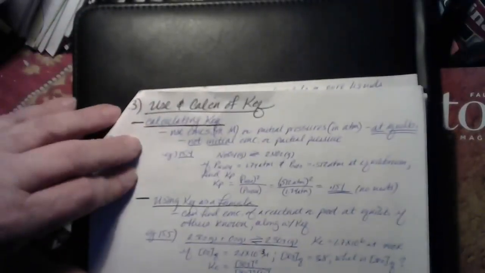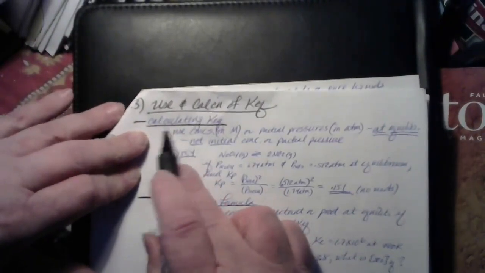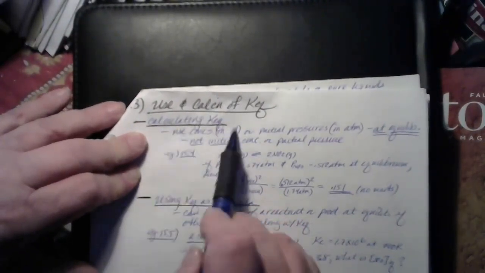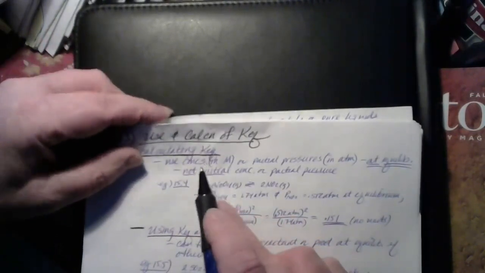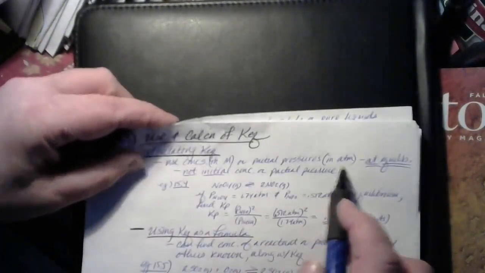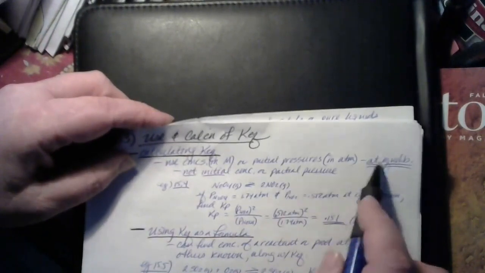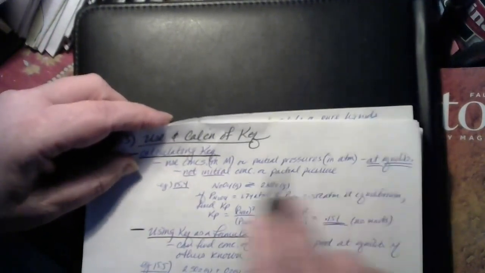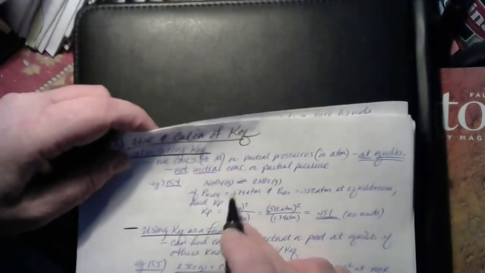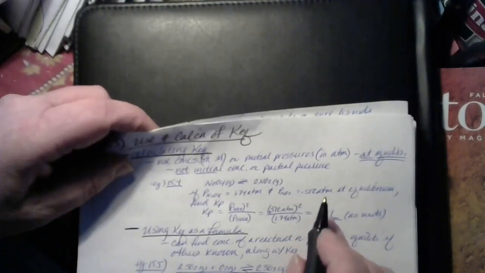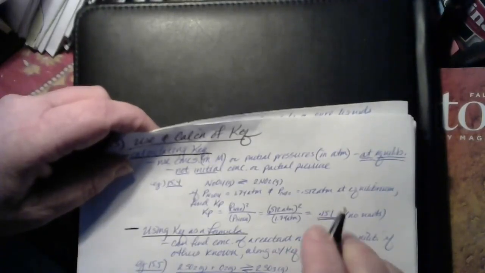Okay, picking up where we left off, we have calculating Keq and using it, which will be coming up. Normally, you're going to use either concentrations in molarity or partial pressures in atmospheres. And you need those values, again, at equilibrium, not initial values. And if you're given those values at equilibrium, then that's pretty easy. If you're not, then that might require some work. But once you have those values, then you just put them in the equation for the equilibrium constant and you